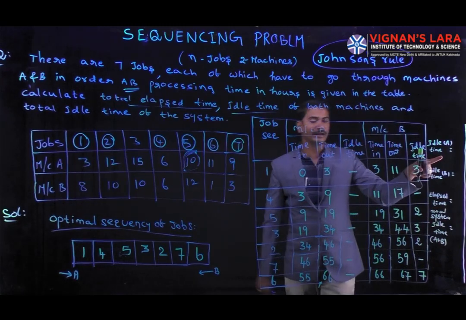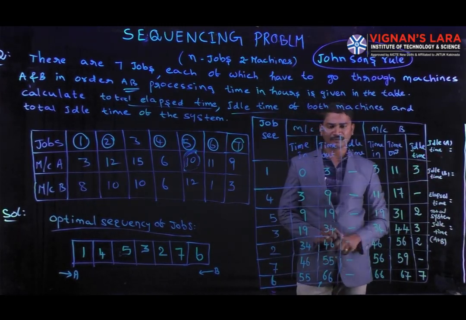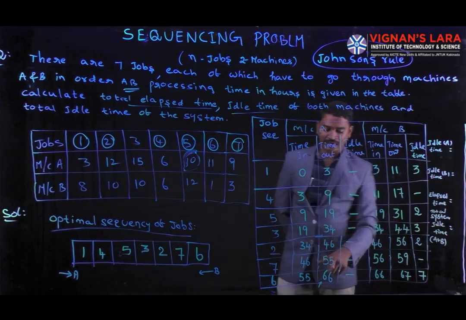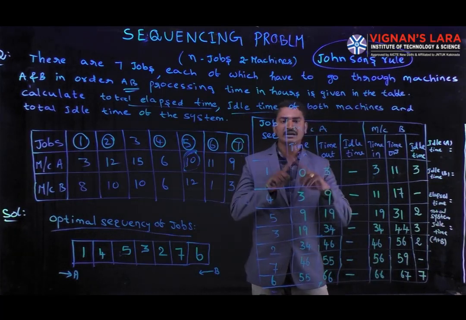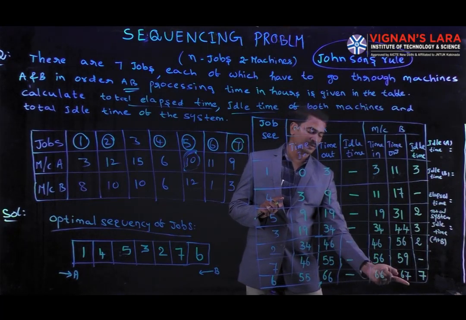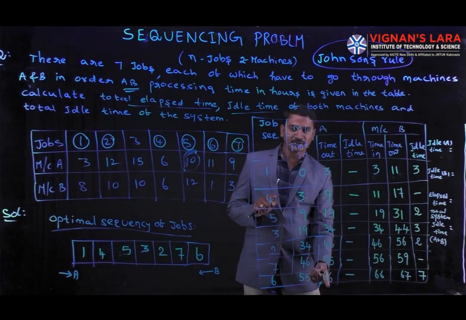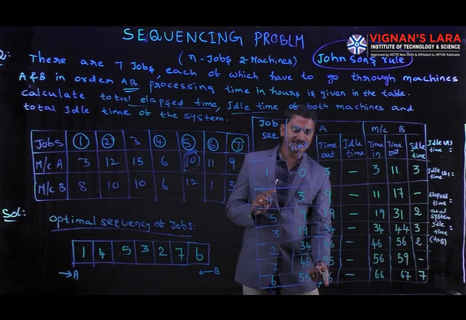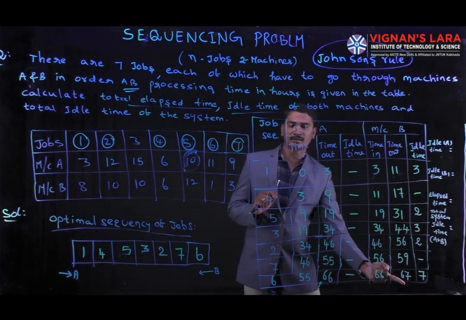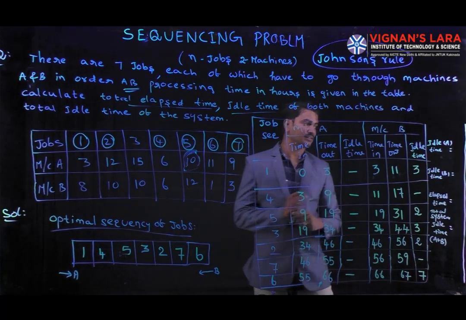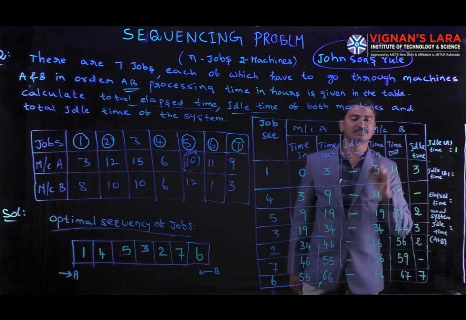Here, coming to the idle time of A. How to calculate the idle time of A? Here there are no idle times. Then how do we get the idle time? Here we have one logic. When we finish all jobs at the 67th hour, up to the 67th hour both machines are running, both machines are working. But machine A completed its jobs at the 66th hour, while machine B was completed at the 67th hour. So what is the difference between these two? 1 hour. That is called the idle time of machine A.